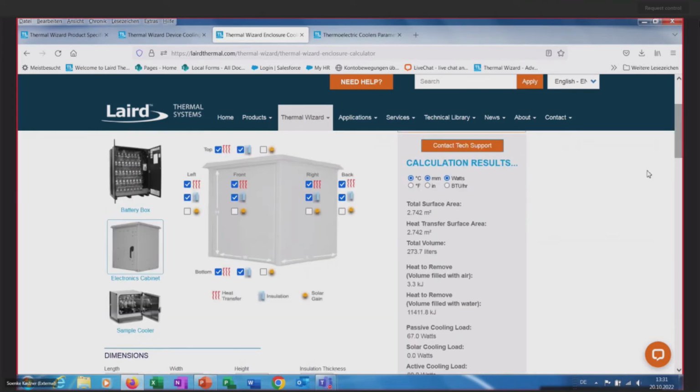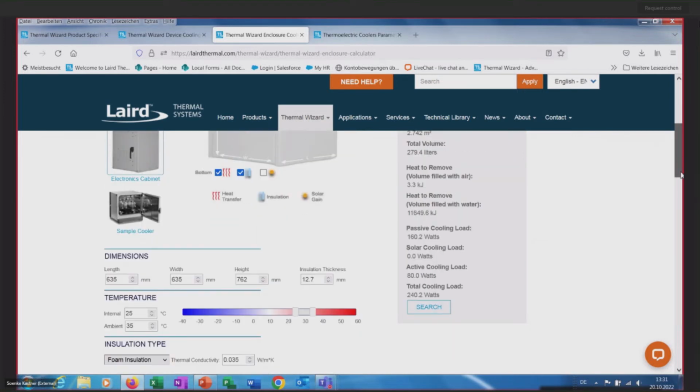And let's say the front door, typical box network cabinet, there is a glass door, so there's no insulation here in the front. So I deselected here,